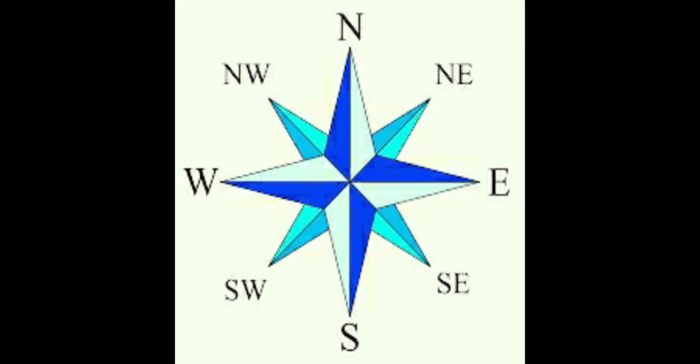Now the top of the map points north and it is marked as N, and the same goes for the bottom of the map, which is marked as S. The right of the map is east, whereas the left of the map points west. Northwest, northeast, southeast and southwest are the subdirections that lie between the main directions. As you can see, it has depicted NW, NE, SE, SW.